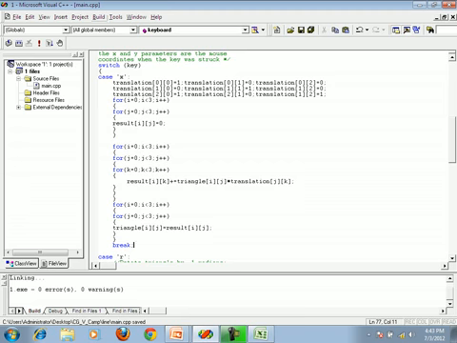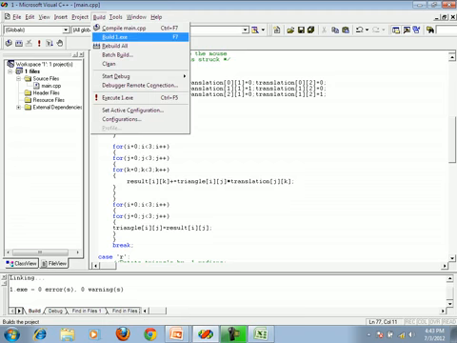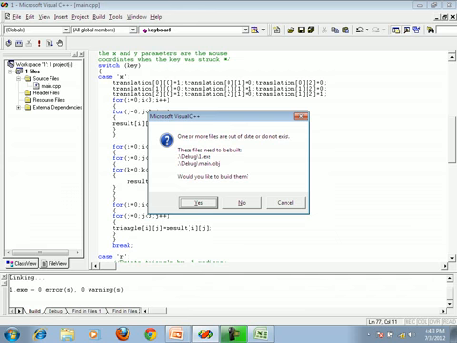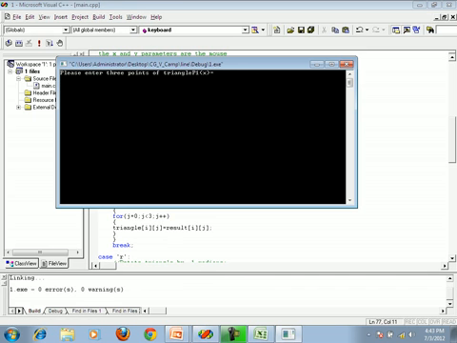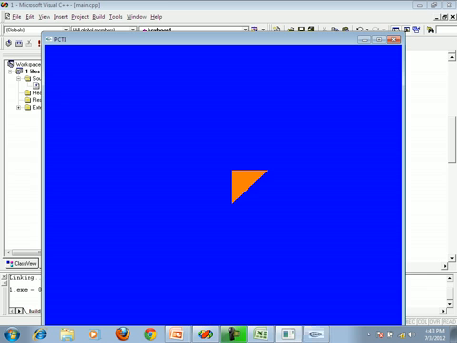So go to build, then go to execute, press yes, and you can find that it is asking for the point. So I am taking again the previous triangle, that is 10, 10 to 50, 50, then 10, 50.